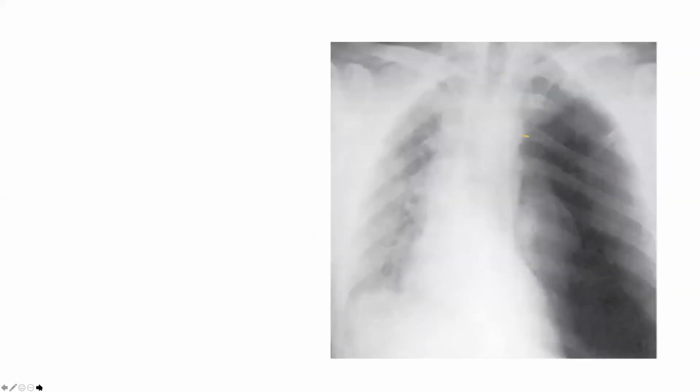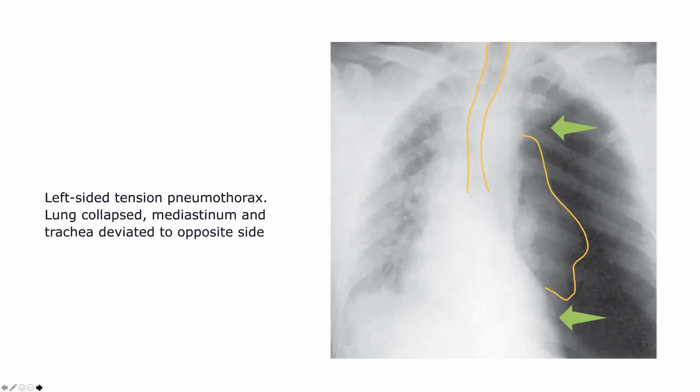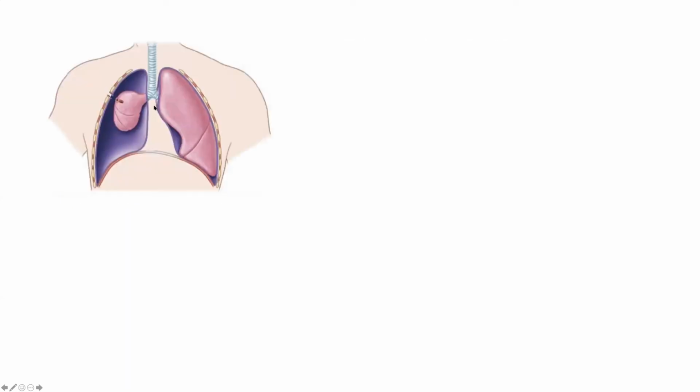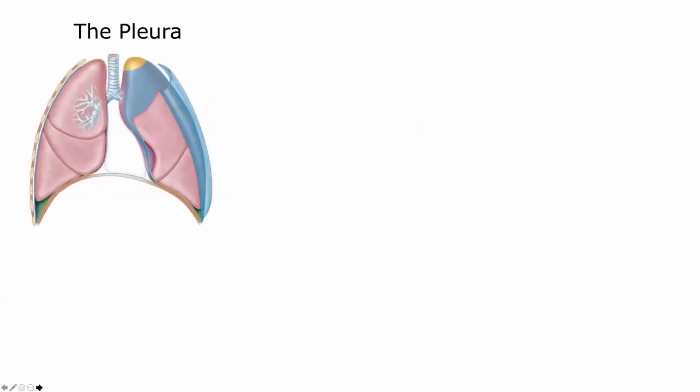Now, what I'm trying to discuss here, we said that the lung is being collapsed. We established that this is a case of what? Tension pneumothorax. Tension pneumothorax. Look, the tracheal shift. Don't forget that part. Absent sounds, everything. So then we said, this is the situation. We talked about the valves. We talked about the pleura and its anatomy. I'm not repeating it again because I have spent time on that.